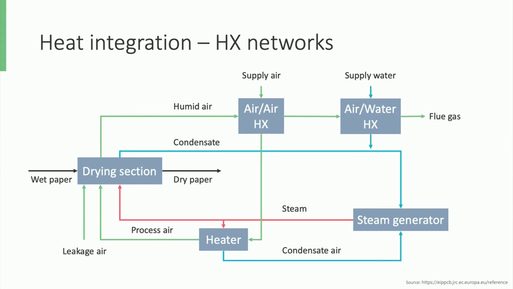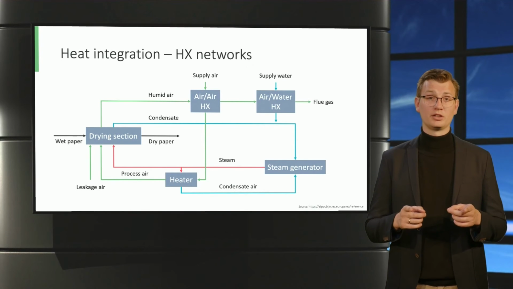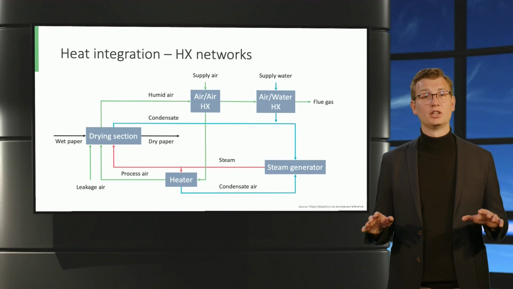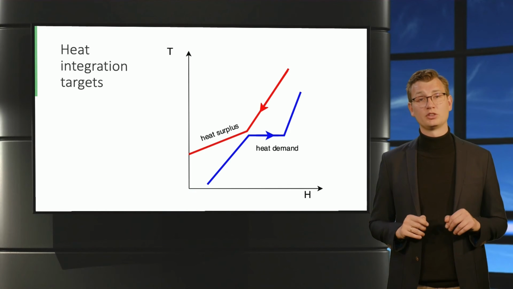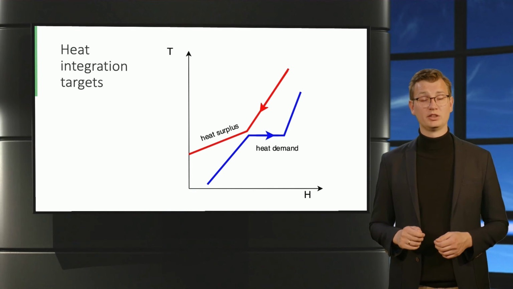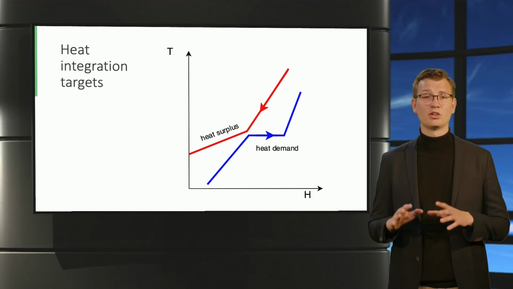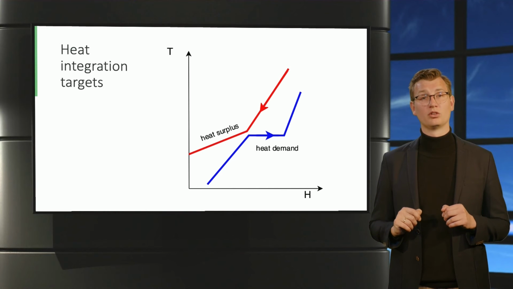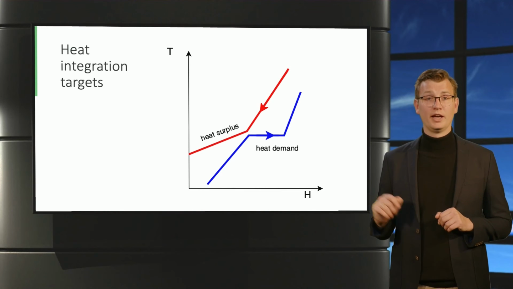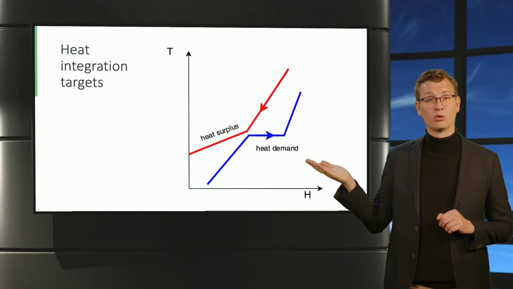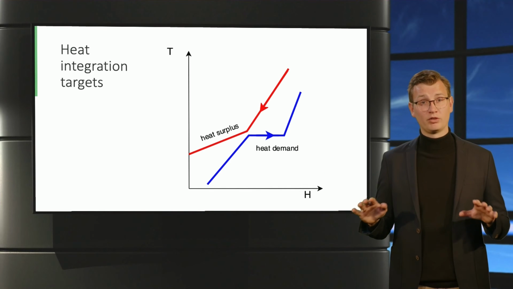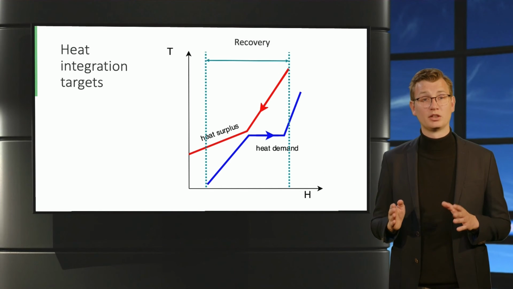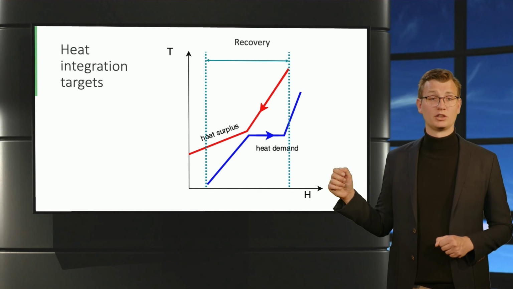Identifying which connections should be made from an energy efficiency perspective is done with the help of pinch analysis. With this method, elaborate networks of hundreds of heat exchangers can be designed. Process engineers and energy technologists have been trained in this method, and the basis of this method is that all streams that release heat are aggregated in the so-called hot stream, depicted in red. And the same occurs for all streams that take up heat, the cold streams, depicted in blue. The overlap between these curves shows how much heat can be recovered with the help of heat exchangers.